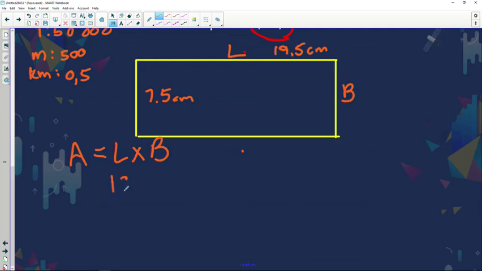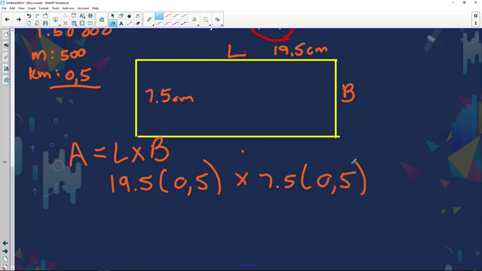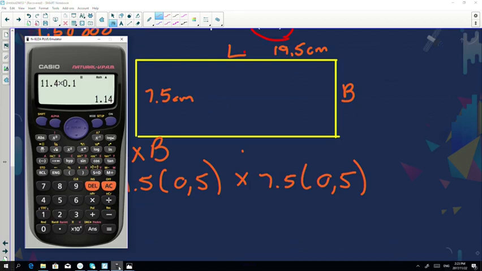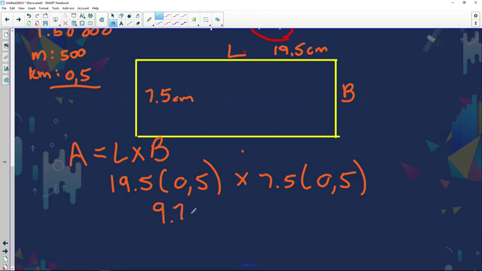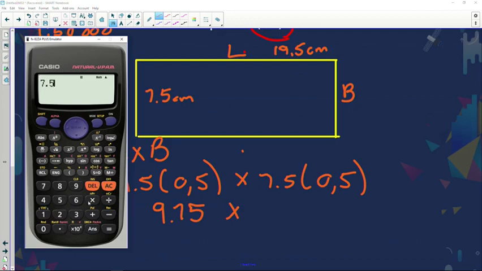So it's 19.5 centimeters. If I want my answer in square kilometers, what do I times it with? 0.5 times 7.5 times 0.5. Quickly go and use our calculator. 19.5 times 0.5 equals 9.75 times 7.5 times 0.5 equals